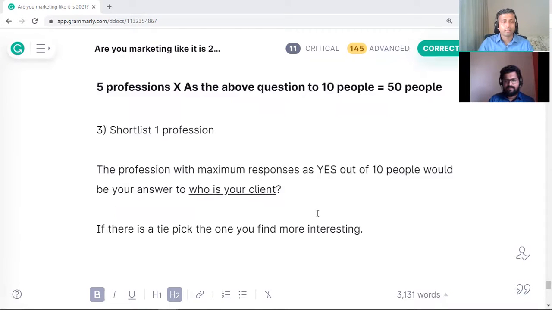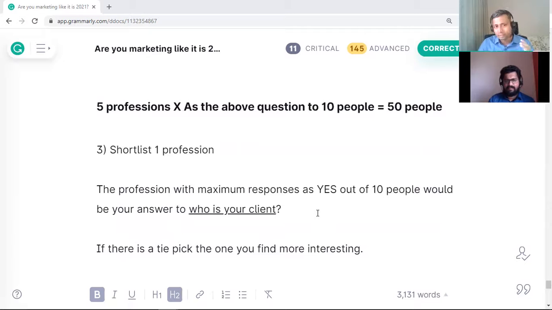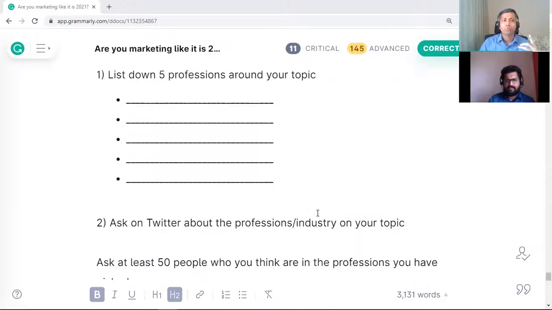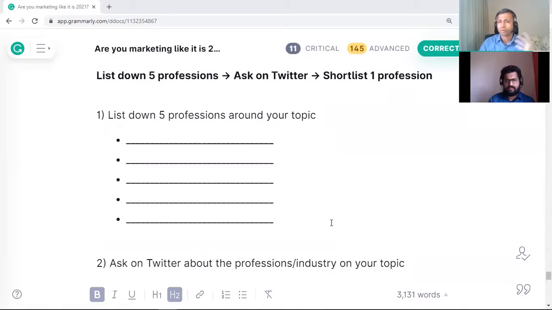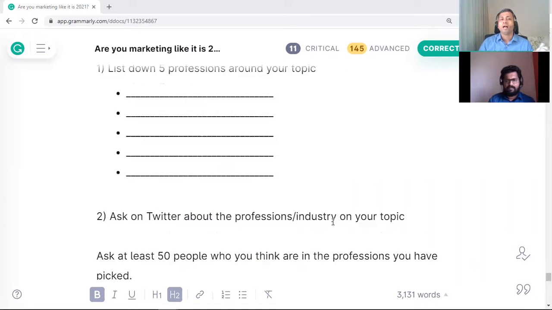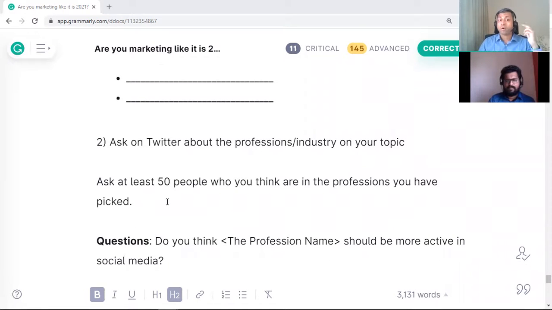So if you see the title of it, it would be the case study on the same thing. This 3-step process, we will ask our volunteer to perform it, and we will share the data with you. We will share what the 5 professions on the topic of sales that person has selected are, how many questions, and so on. That person will ask 50 people.